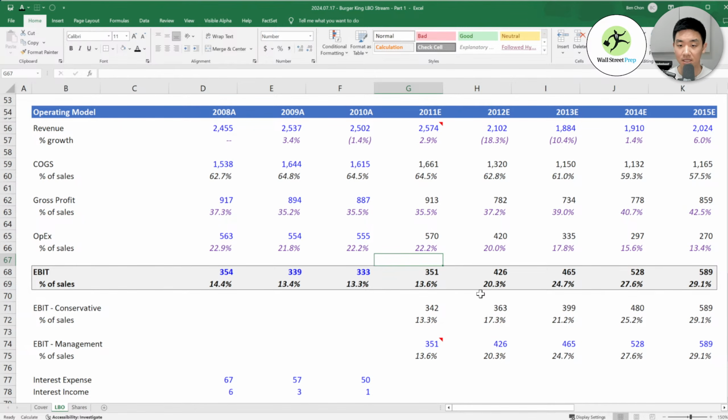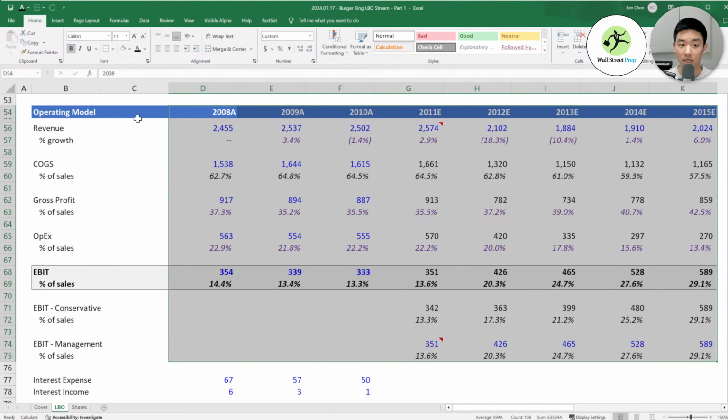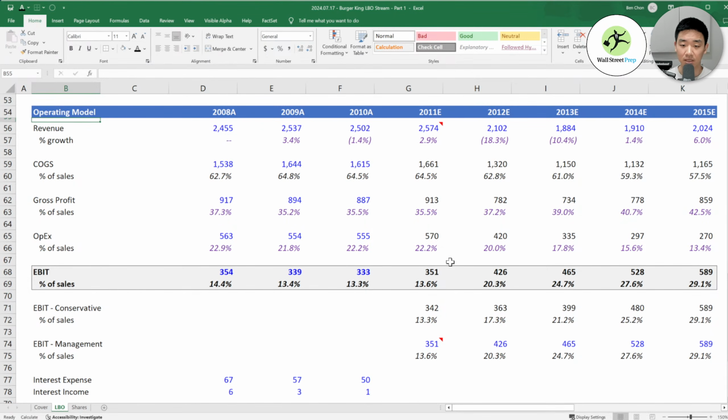It's not what you want in your model, right? Whenever a case is turned on or off, you want all of the relevant figures to be updated. If you were to output this and send it in a PowerPoint deck, your MD or ED or VP, when reviewing, is going to check to see if the numbers make sense, and they're going to ask, hey, why did you output this financial table and the numbers don't actually add up to what EBIT is? So you want to build something that will prevent that from happening, right?